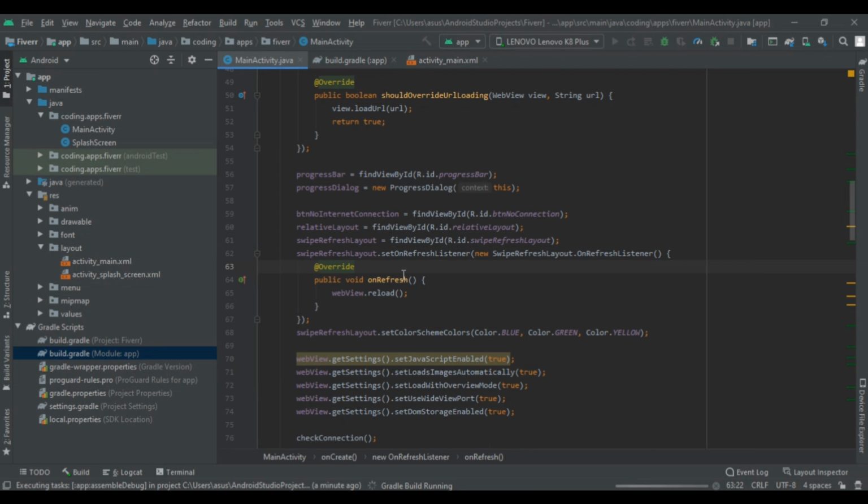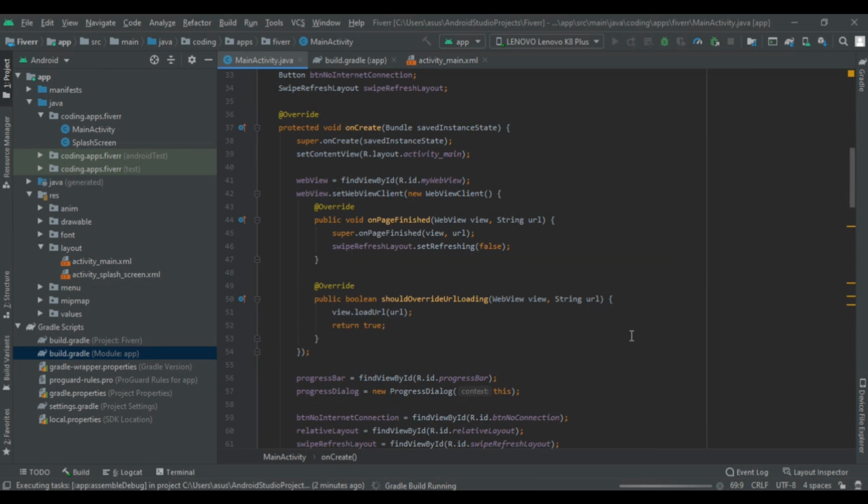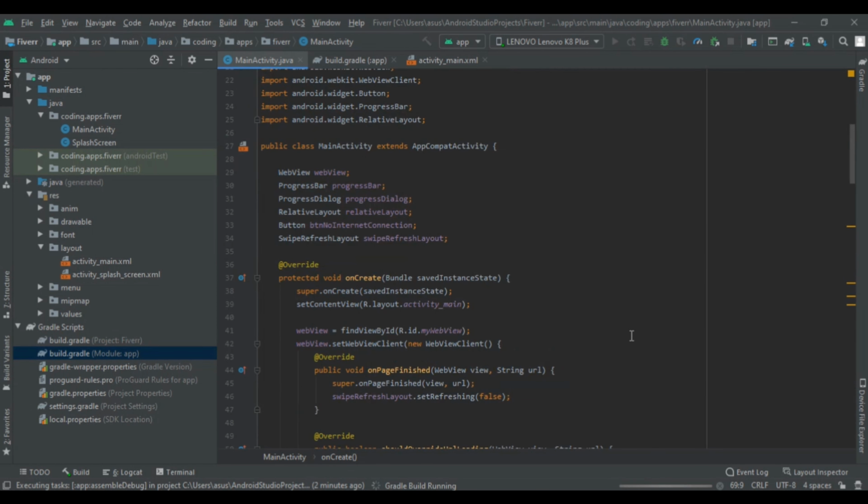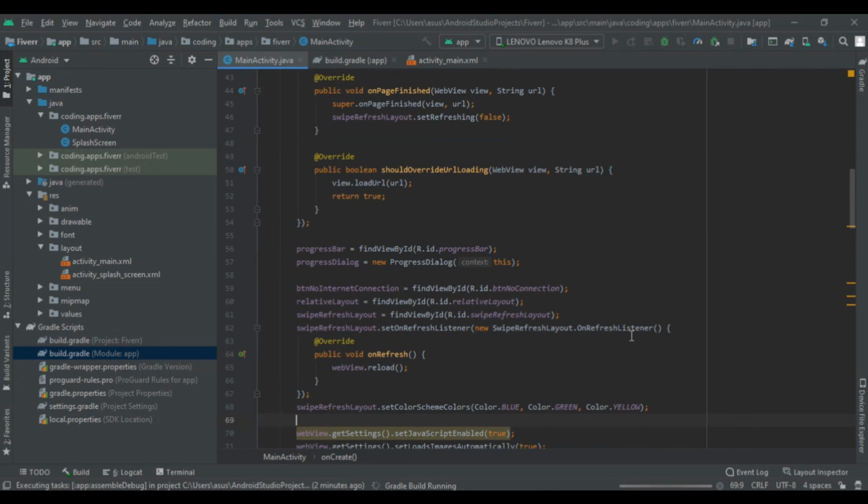Then instead of the black and white color of our refresh layout, we added the refresh color scheme. So we got blue, green and yellow. Then to stop our refreshing, or that circle that circulates, we need to stop it somewhere. So we did that in our WebView client.